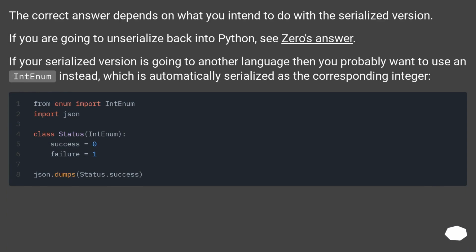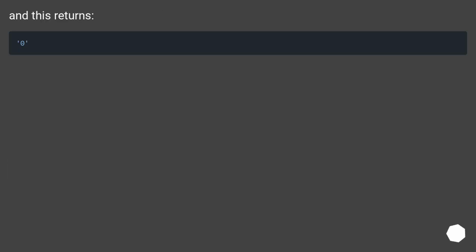The correct answer depends on what you intend to do with the serialized version. If you are going to unserialize back into Python, see Zero's answer. If your serialized version is going to another language, then you probably want to use an IntEnum instead, which is automatically serialized as the corresponding integer. And this returns